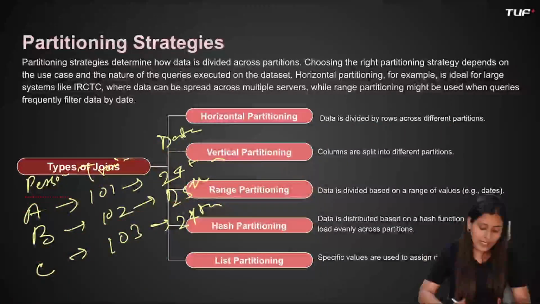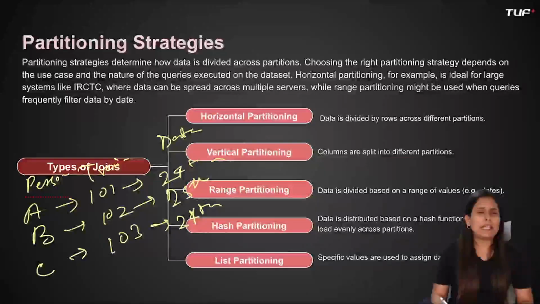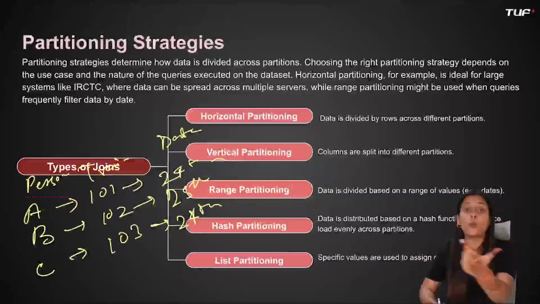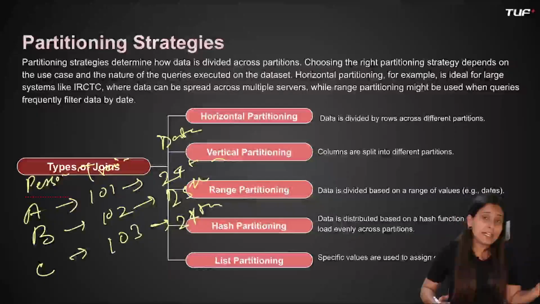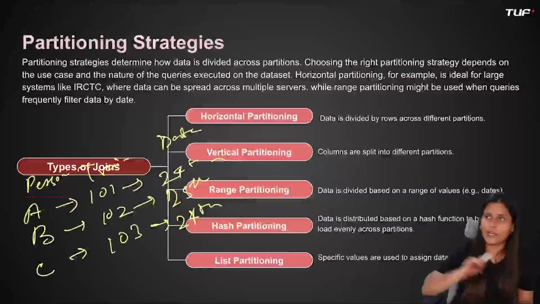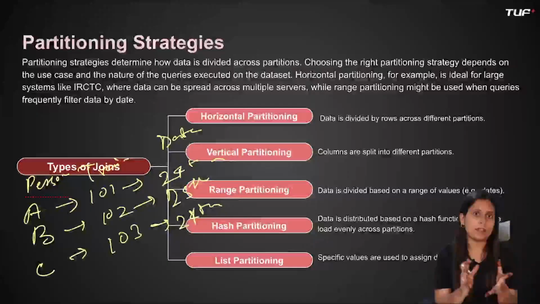We have not in any way hampered the structure, like we have not changed the rows or the values. The second one is vertical partitioning, where we divide on the basis of columns. Let's suppose in a database we have 100 or 1000 columns, and out of those only 10 or 20 are frequently used. Every time applying queries and unnecessarily triggering all the columns together is time consuming and makes performance low.